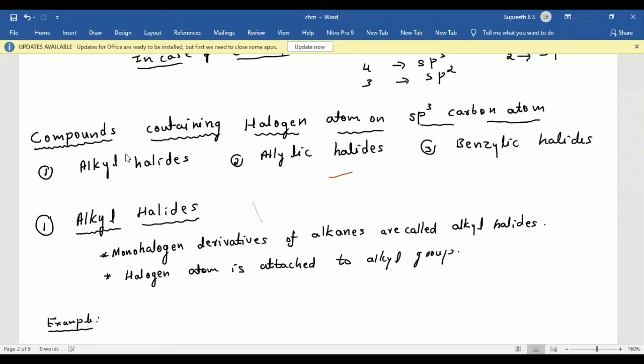of halogen compounds. Our first one is alkyl halide. Second one is allylic halides. Third one is benzylic halides. What is the basis for this classification? In all these classes of organic compounds, the halogen derivative compounds, the halogen atom is attached to sp3 hybridized